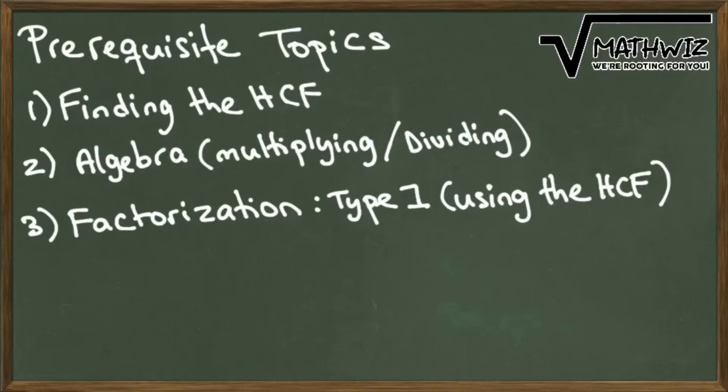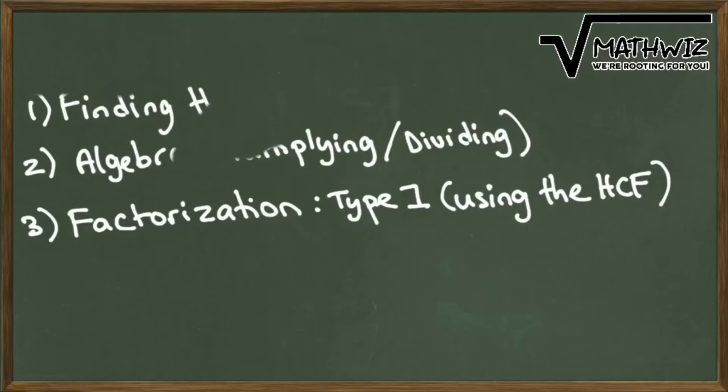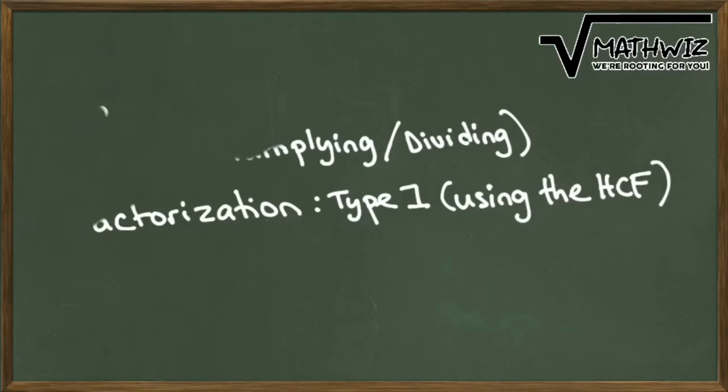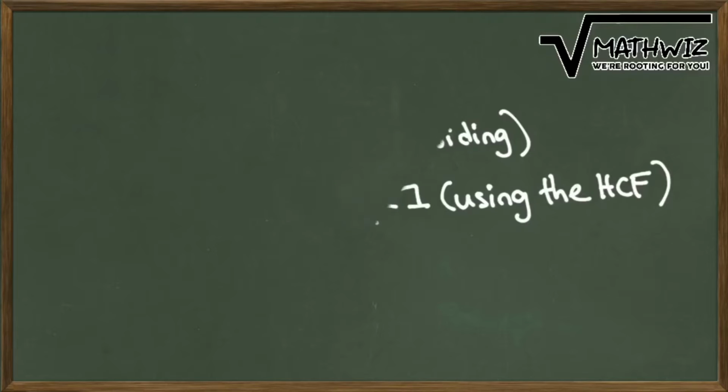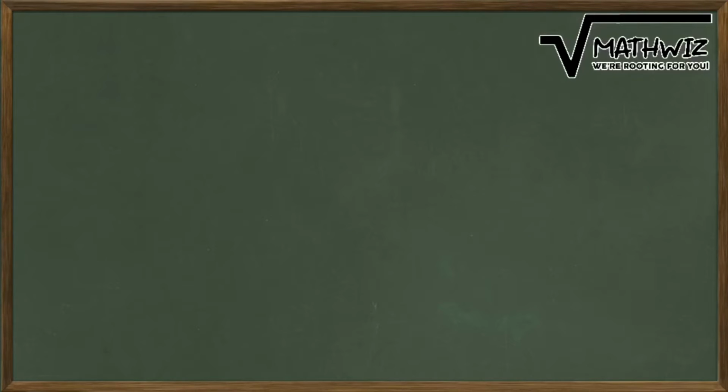And then the last thing I believe you would need before you're able to attempt these questions confidently would be our factorization video. As I said, here at MathWiz Academy, I've split it up into type 1, 2, 3, and 4. So this is what I would consider type 1, which is using the highest common factor. So provided you have gone through all those things and you've mastered it and you are good to go, then I do believe you are ready for today's lesson. For those persons who are returning, welcome back. Okay, and so we will pick up this video by going through